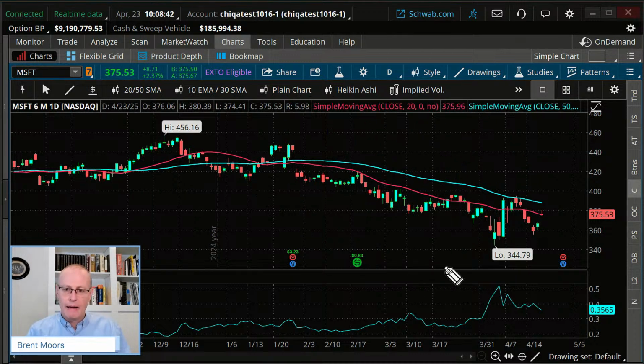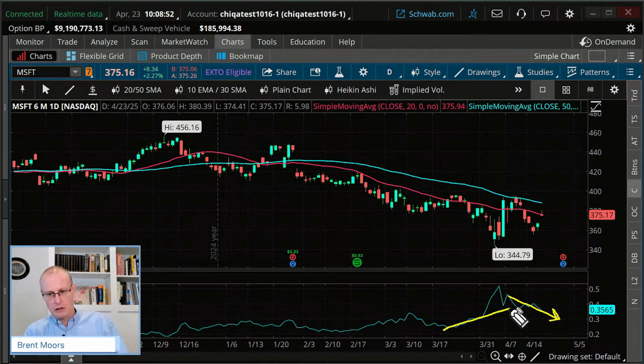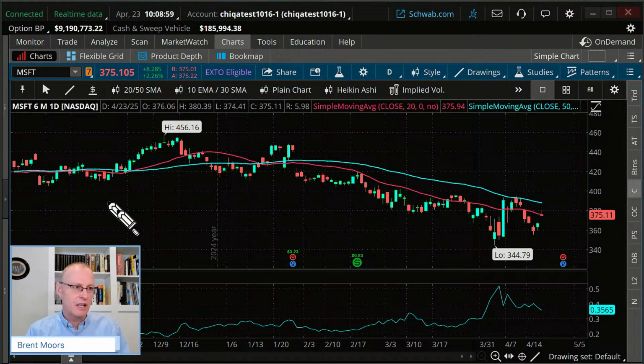So if our expectation is implied volatility is going to go down, that may influence us to do one trade. If we expect, hey, implied volatility is just going to keep going up, we may have a different expectation. So we're going to do an analysis on both of those things. Okay. And he says, will the chart for IV be IV for the day or for whatever the time period?